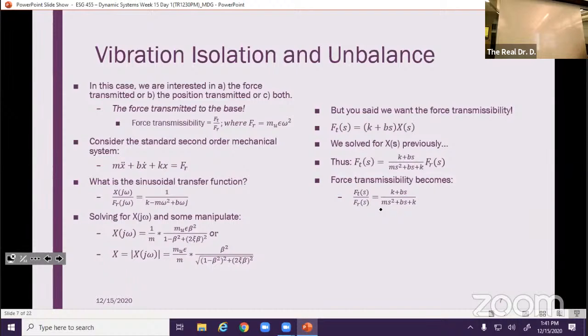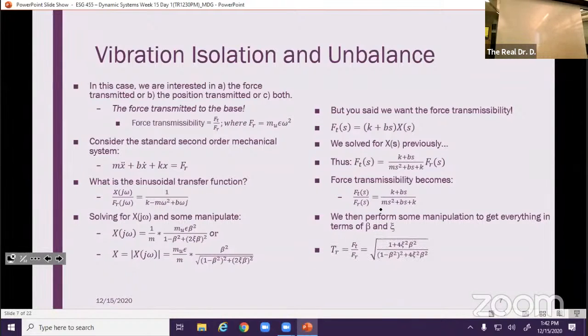Okay, well, I'm going to do some algebra behind the scenes, and we're going to rearrange and do some manipulation to get everything in terms of beta and zeta, because then we can understand it in terms of our transmissibility chart. And here it is. The transmissibility, as determined through the force transmission, is the square root of 1 plus 4 zeta squared beta squared over